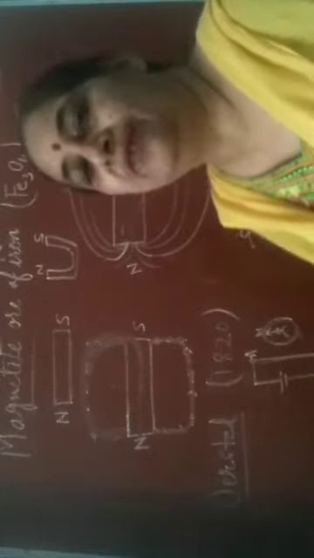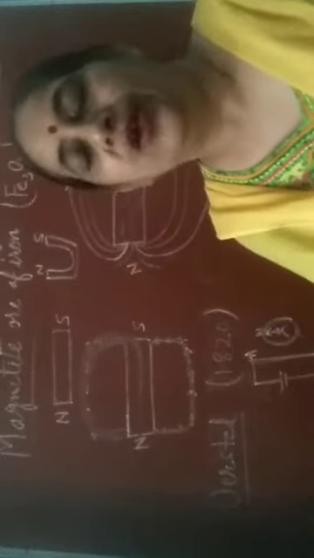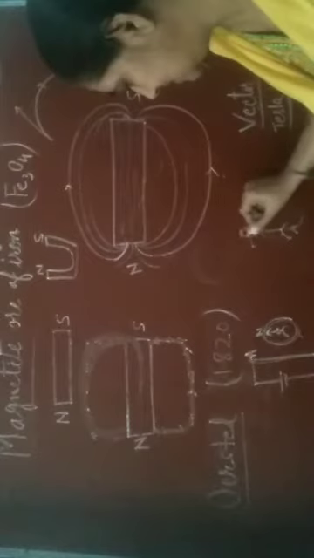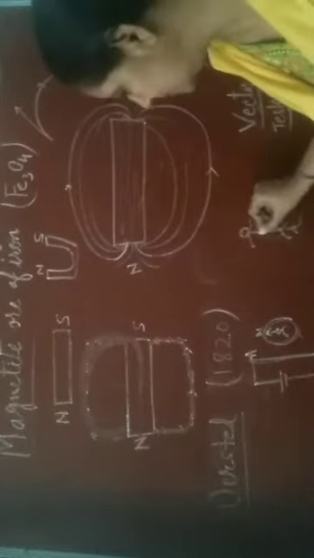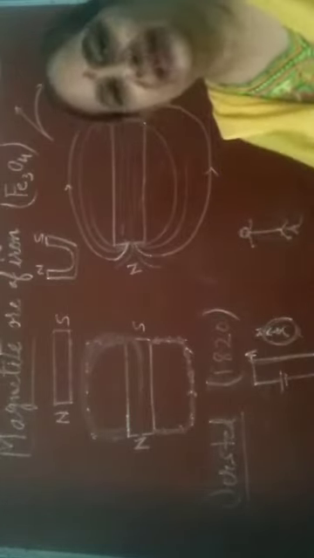Direction of the deflection of the needle will be given by Ampere's swimming rule or SNOW rule. According to Ampere, if current enters through the feet of a person swimming in water, let us say this person is swimming in water and the current is entering through the feet and leaves through the head, then deflection will be towards the left hand side of the person. So the needle will deflect towards the left hand side.